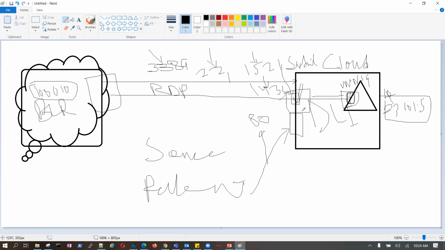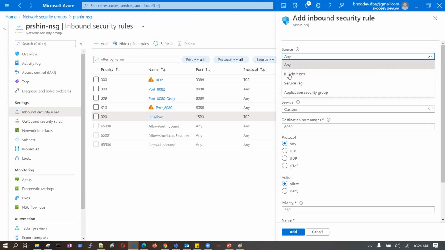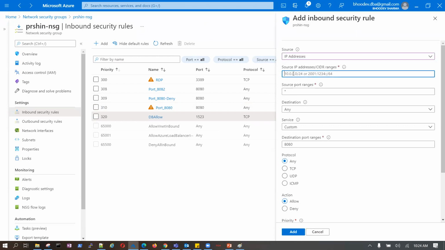So in the simple example, what is my source? Source is this IP, so I will create it this way. Source is not any now. This is an IP, and this IP is 10.0.0.10.